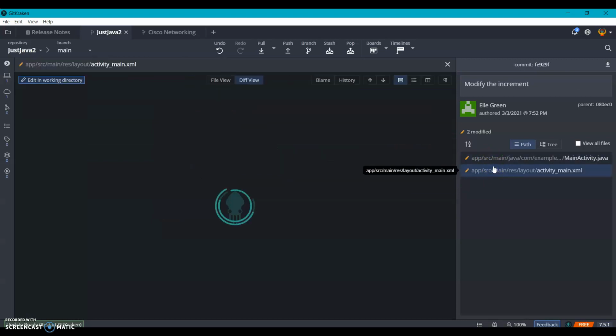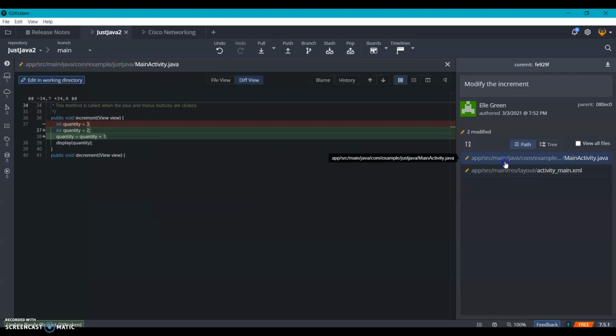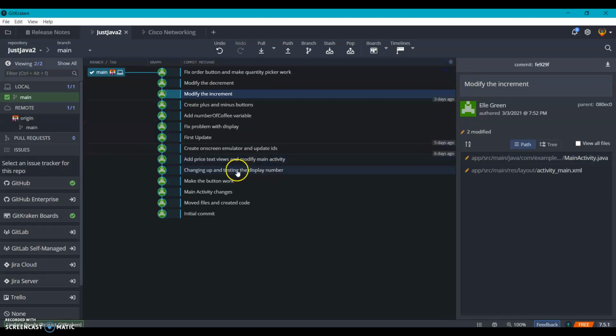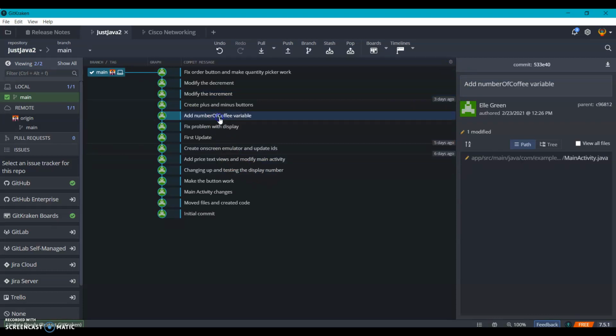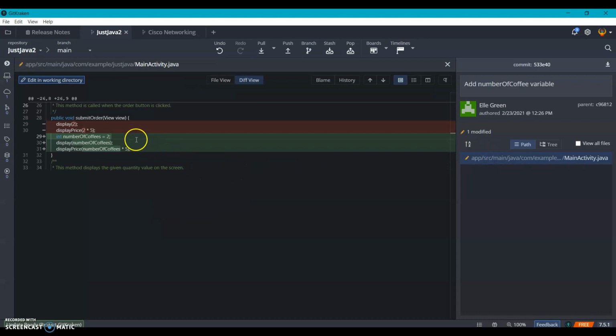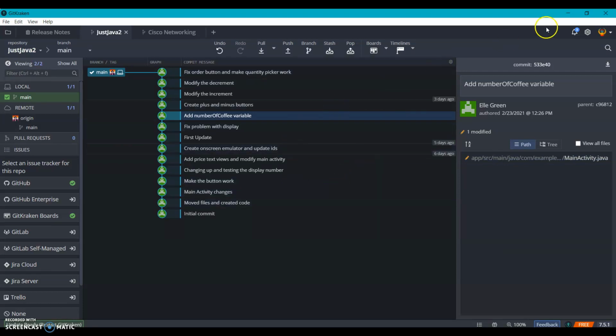If I click this for my main Java, you can see how I added the quantity equals quantity plus 1, and I changed some of the numbers around, and then when I added different variables, like the number of coffee variable, which I actually changed to